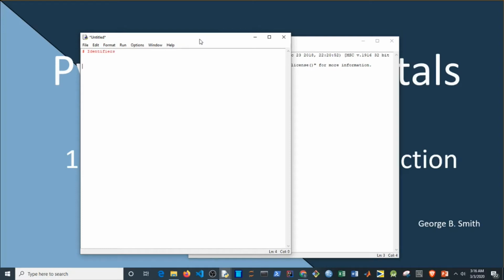You can't have an identifier like 1n = 15. That's wrong as an identifier because it starts with a number. A valid identifier will look like this: n1. That's a valid identifier. You can have something like sum of numbers,